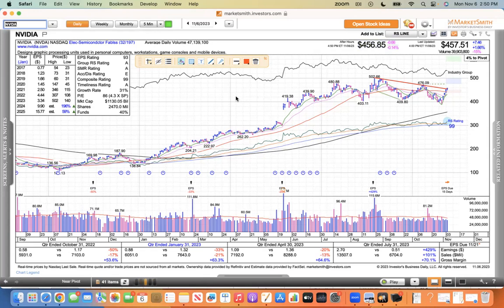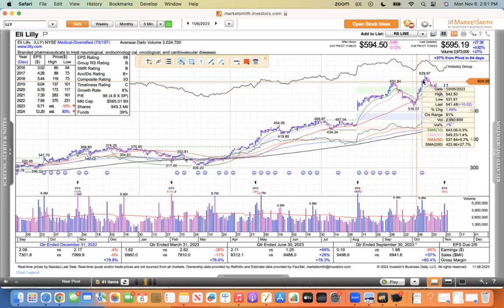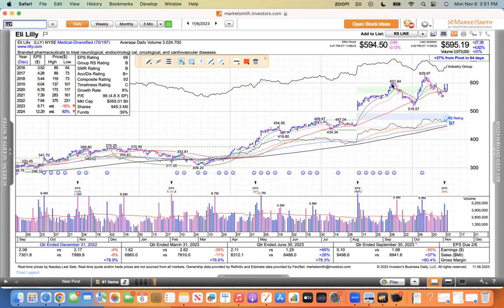I'm not going to go through sectors today. Most of the stocks, like I said, at least 2 out of 3 were negative. So I'm just going to go through some stocks that were showing strength, and one that I really, really like is Eli Lilly. They had some news on their Alzheimer's drug today, and obviously the market liked it. It drove the price up nearly 5%. Lilly had a strong earnings report last week, and the stock didn't move, and now we have a delayed reaction move today, and it is 4.3% above the 50. Eli Lilly looks good to me right there at that 600 level. I had it on a ready list at 575, above this previous high here, but 601.84 looks good to me as well. Novo Nordisk,